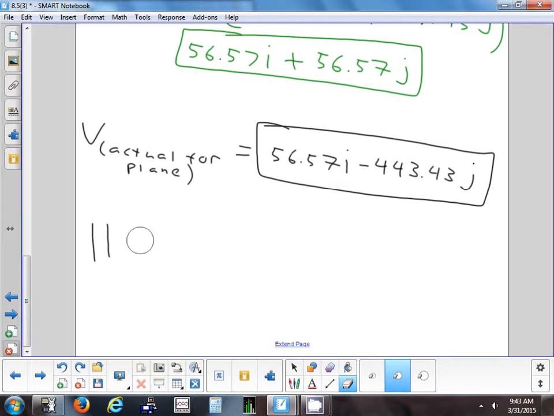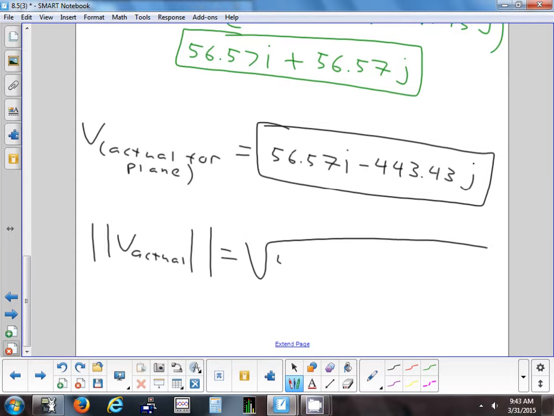So let's write it like this. The magnitude of V, we'll just call it actual. Okay, so it's 56.57 squared plus negative 443.43